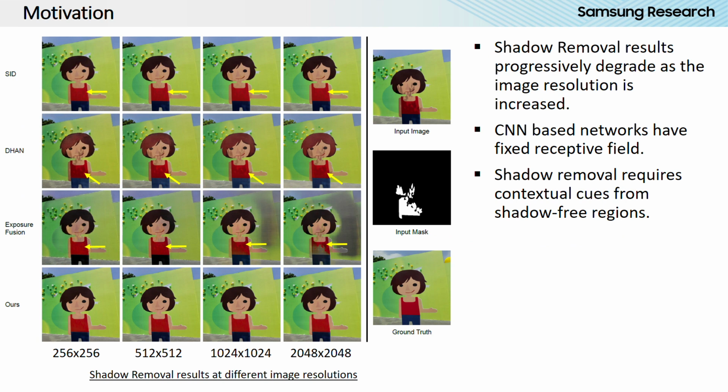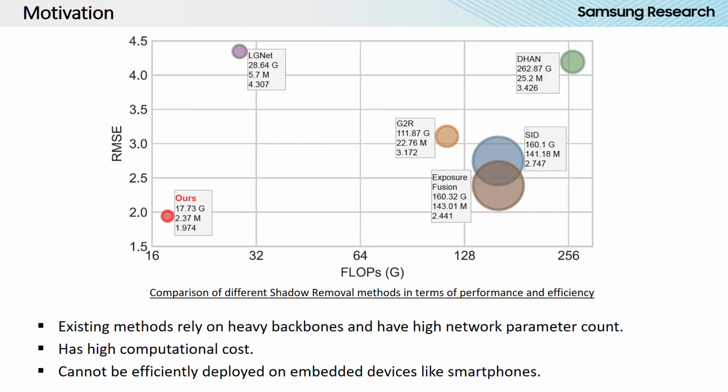For existing methods, shadow removal quality progressively degrades as the image resolution is increased. Shadow removal as a task requires long-range contextual cues from shadow-free regions for effective shadow removal. As CNN-based networks have a fixed receptive field, at high resolution such context aggregation is affected. As shown in this performance versus efficiency diagram, existing shadow removal methods come with a high computational cost which limits